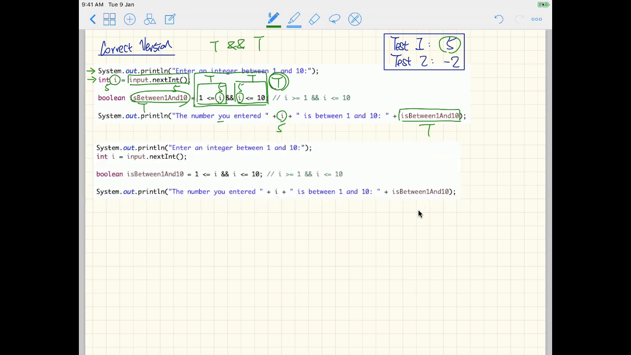For the second test case for the correct version, we'll talk about -2. Again for the first line, we say enter an integer between 1 and 10. Let's say the user enters -2, for example. That means -2 will be stored inside this variable I. So I is going to be -2 for the test number 2 scenario. Now, 1 less than or equal to -2